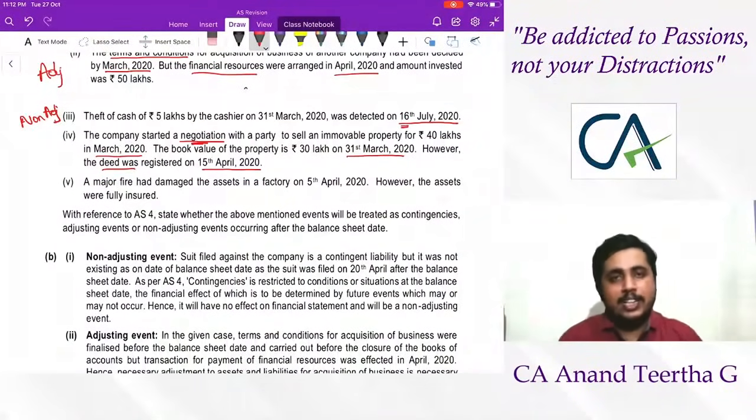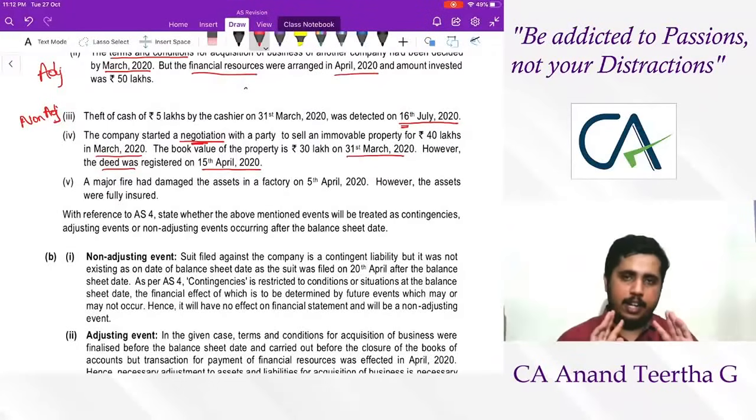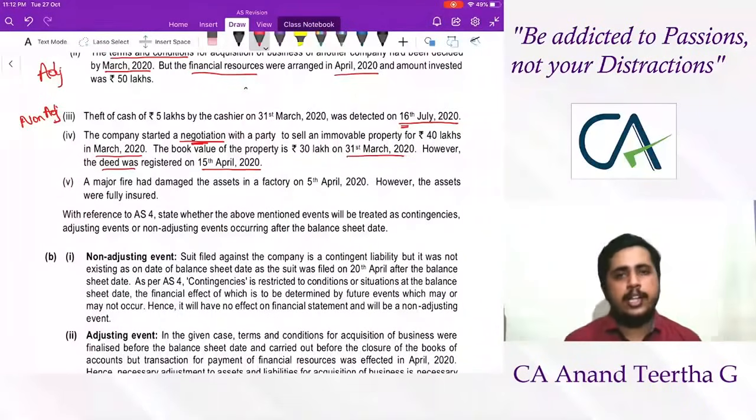Whether negotiation is conclusive evidence that the contract will be entered into, or whether the negotiation will give you the final evidence that the entire transaction is going to happen, the answer is no. Negotiation may work well, may not work well. So you come and sit in front of me, we negotiate. Either you agree, or you don't agree. Anything is possible in negotiation. But if it is an agreement, you have already decided, which means you can't go back.